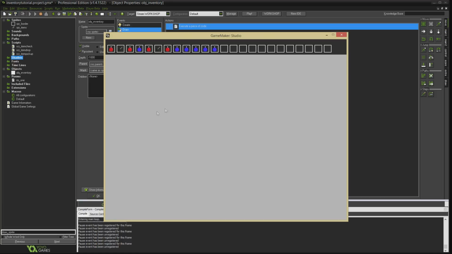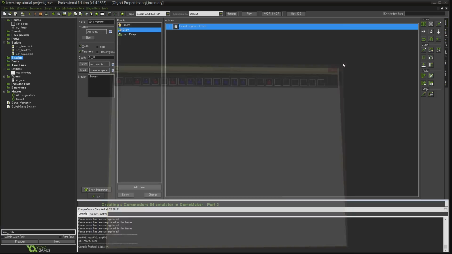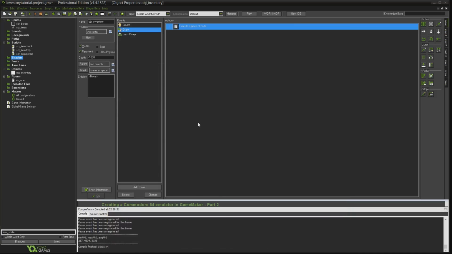So to start us off, the code is mostly the same as it was at the end of the previous inventory tutorial. It should be mostly exactly the same, other than I changed it so that instead of P adding the same item, our debug button P adds one at random, just so that we can have a nice mix of items. Although I managed to add 8 blue potions in a row, well, the odds of that are low, but that's pretty cool. So yeah, that's really the only major change,